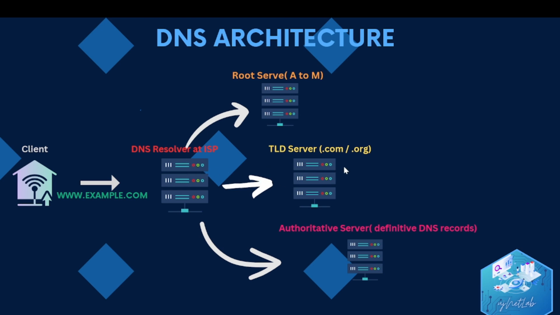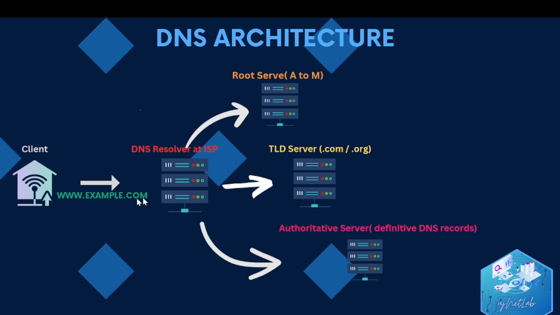The resolver says, okay, I will go there. The TLD server says, I am just .com or .org, but if you want to go to the specific domain, which is Google, you need to contact the authoritative server. Authoritative servers have the complete information of the DNS records. They have the actual IP mapping with the name on their server. So finally, it goes to the authoritative server, and it gives the IP to the DNS resolver,